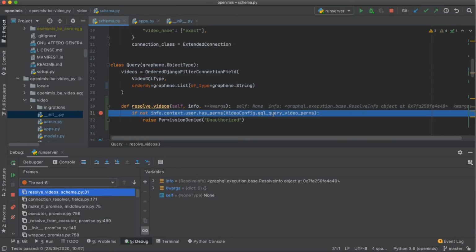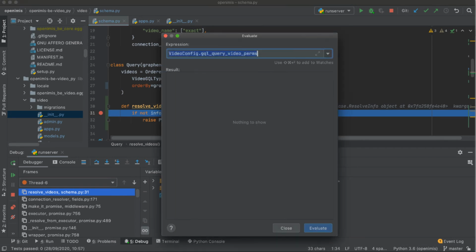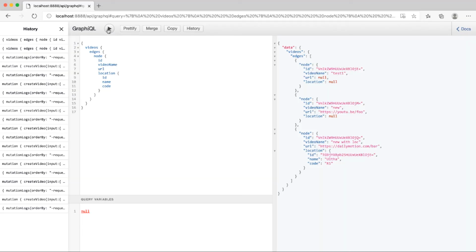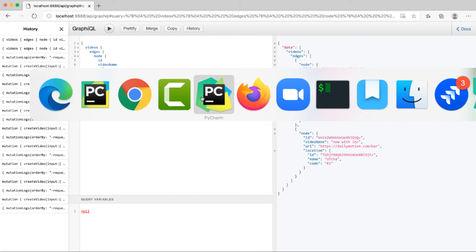Now that we're in here, we can see the value of this parameter, and we can see that it's now the one that we have defined here in the default. So this is still going to work. And as we can see, it does. What we're going to do also is to